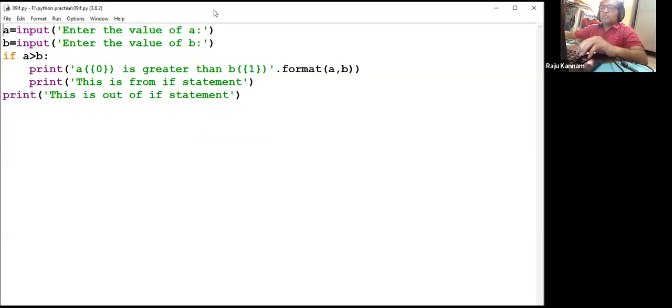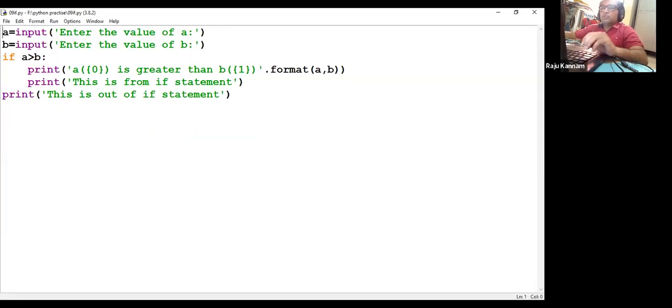So yesterday we have seen this if statement, right? Here we are taking values from the console. When the program is running, dynamically we are taking the values, right? The first value we are going to store in a variable A, and the second value we are taking, we are going to store in B, and we are comparing. Here we are testing the condition. We are using the if condition.